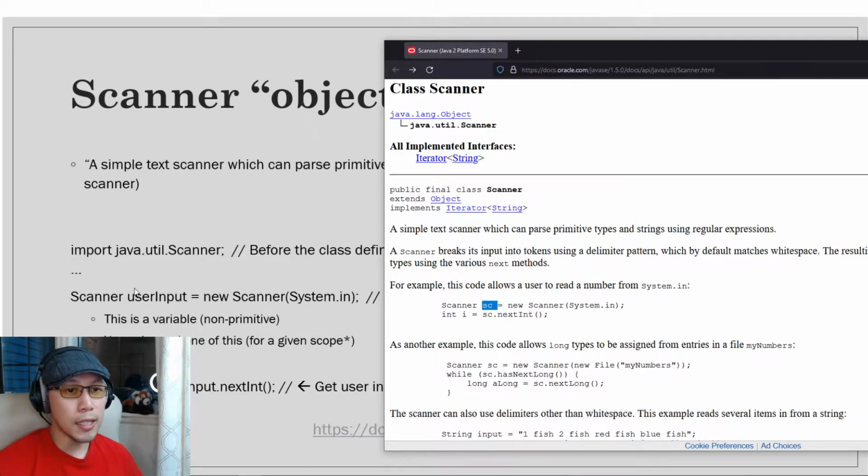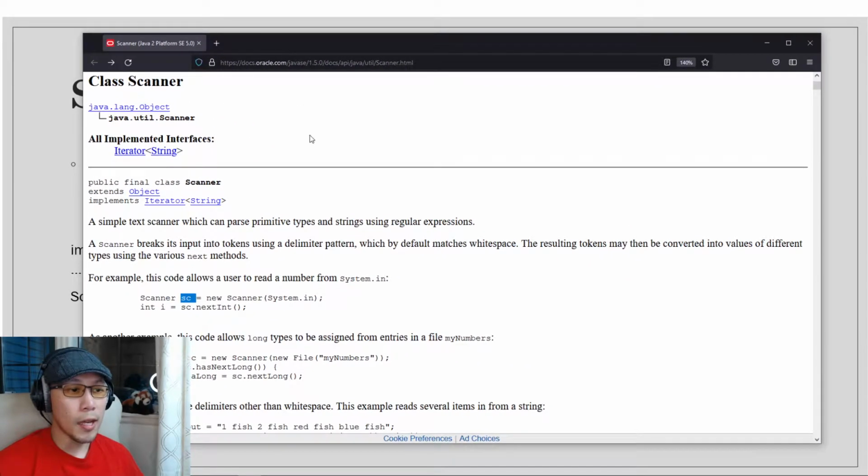Keep in mind that sc and user input are really just variable names, and it can be anything you want. It's completely arbitrary, and in fact I'm going to use a completely different one again when I go to the demonstration in just a moment. Okay, now